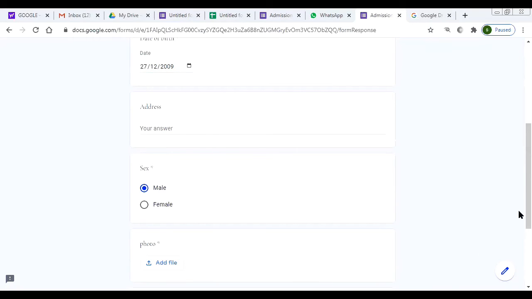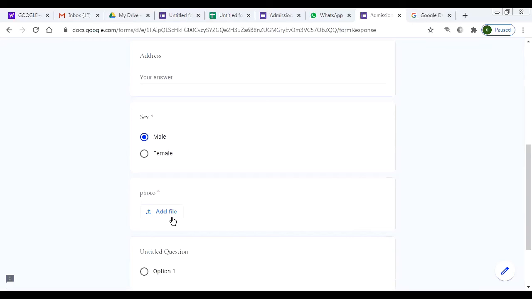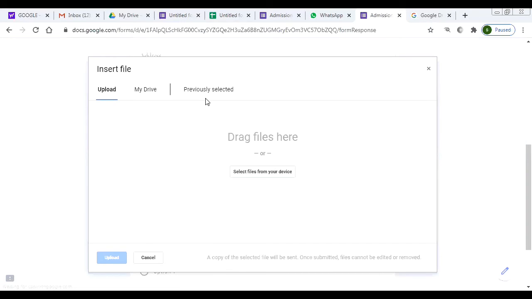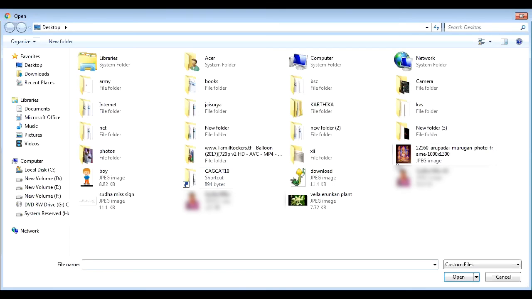Then one more option here, that is photo. So I'm clicking add file. So add file, uploading from my PC. So select files from your device. So I selected desktop.